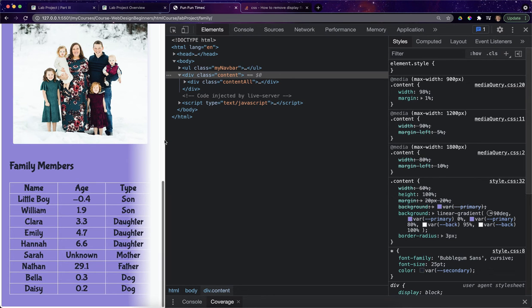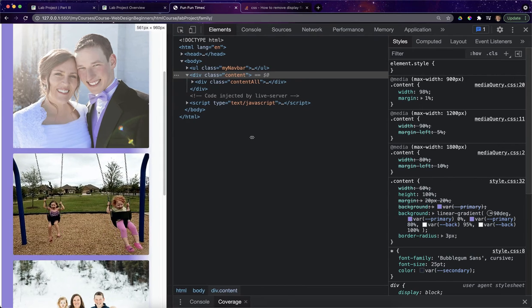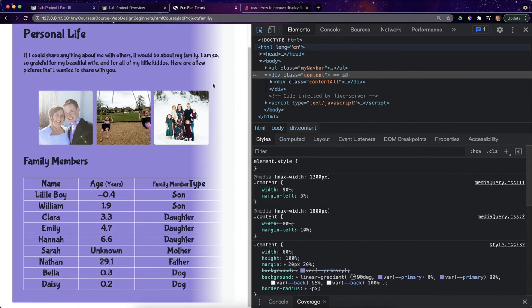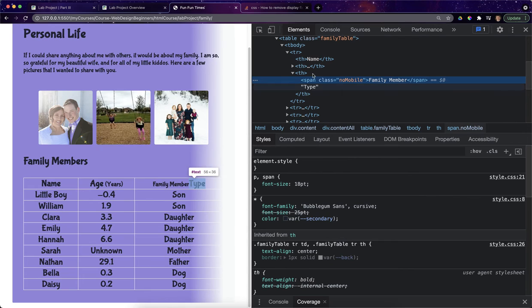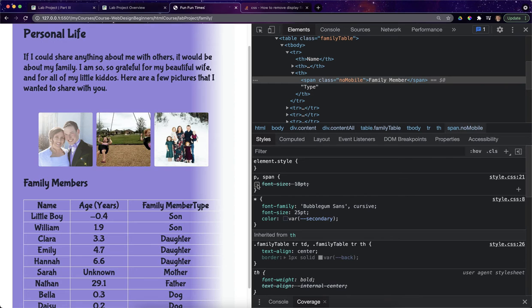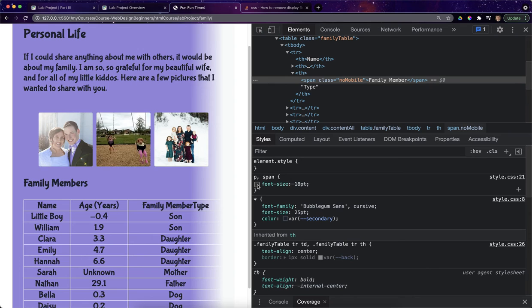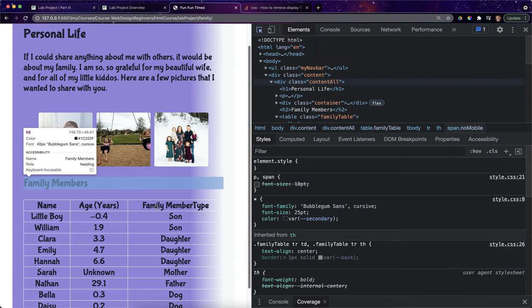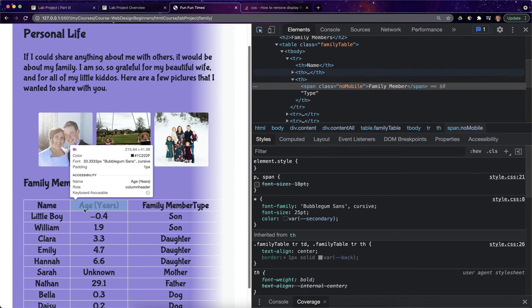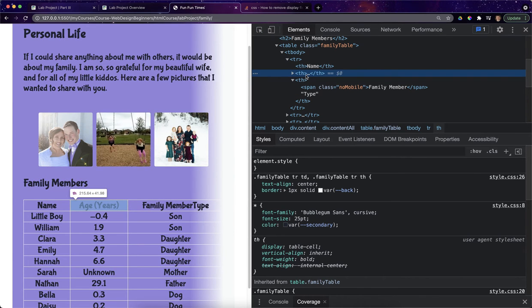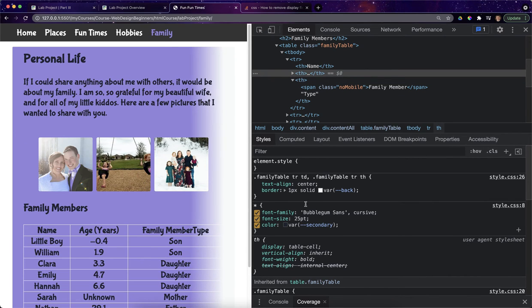So these guys right here, let's just fix those real fast. So span, no mobile. I can see the span font size is 18 pixels. And if I could just take that off, it looks like that'll fix it for us. So it makes me wonder what size this is. If I click on age, that's a TH. That font size is 25 pixels? That looks like it's 25. So I should probably just be able to do